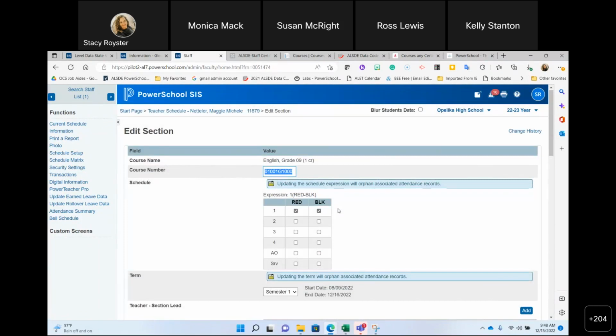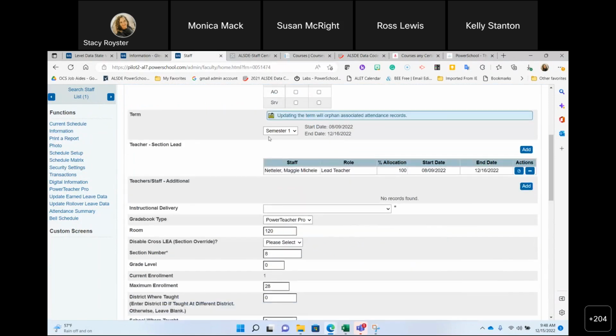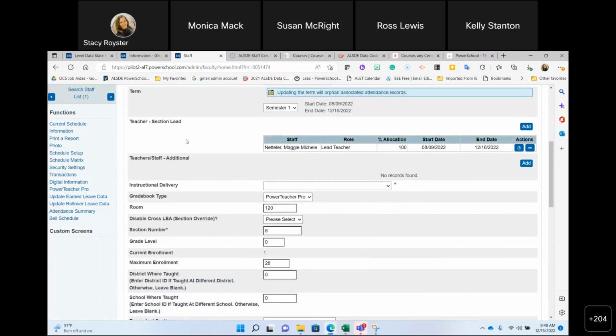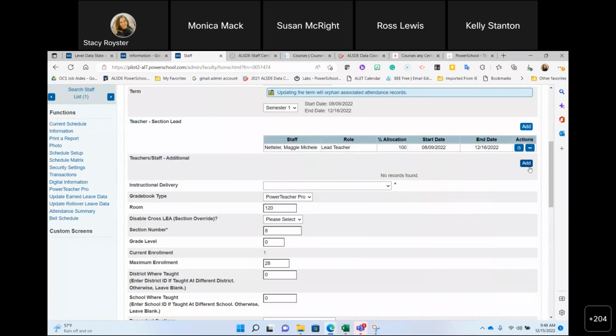Here is where a teacher is scheduled in PowerSchool. Here is the course number. Here is the period. Here is the length of the class. But do you see these three parts right here? Those three parts are like the three combinations on your lock. Those are your three numbers that determine whether your lock opens or closes on this in field and out of field right here. Because depending on if they're a lead teacher role or if they have additional staff,